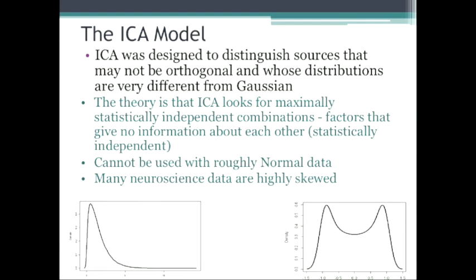So the idea for ICA is that it's called independent components because you're looking for those combinations that are closest to being truly independent. That is, they give no information about each other. The drawback to ICA is that if you do have normal data, you will get an answer out of ICA, or out of many ICA algorithms, but it will be complete nonsense. It's not able to segregate those very well.